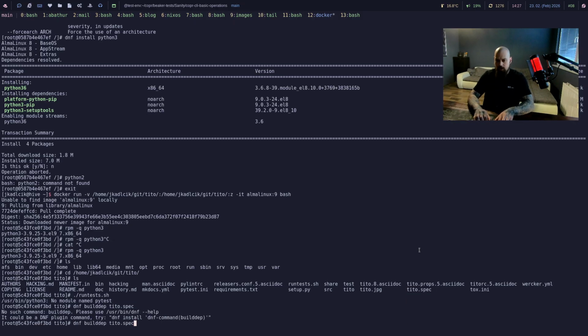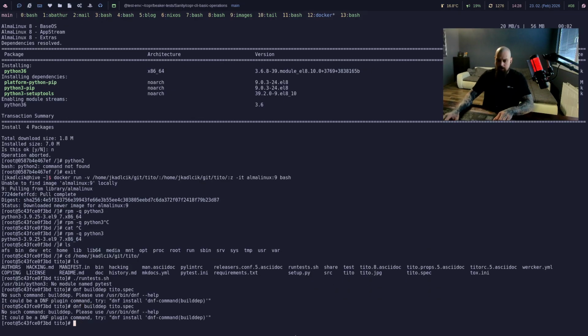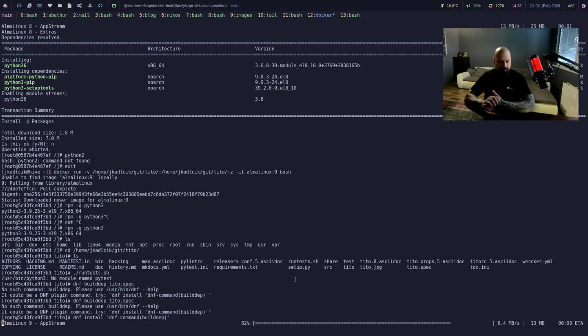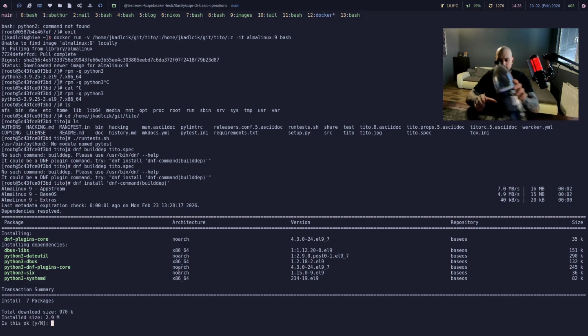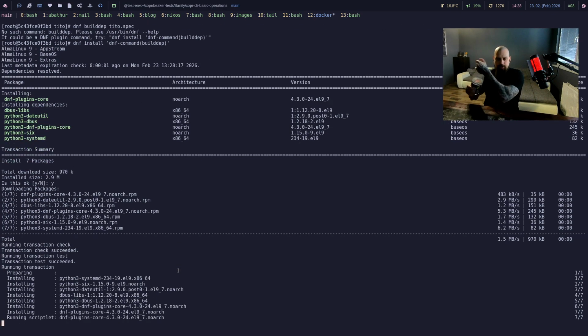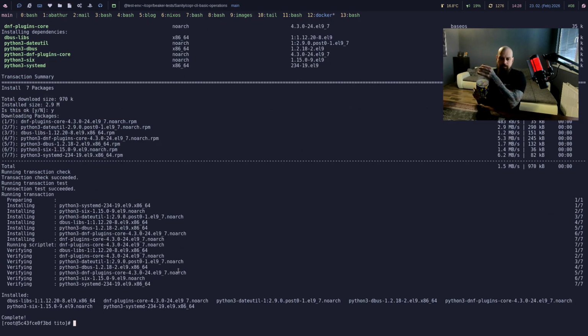We should install all build dependencies. Yeah, and we are in a container and we don't have this available because containers have only a minimal subset of DNF commands. I think this is still DNF4. With DNF5 it would be all compiled in, but DNF4 is Python, so